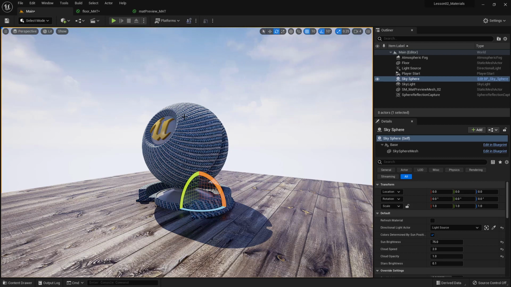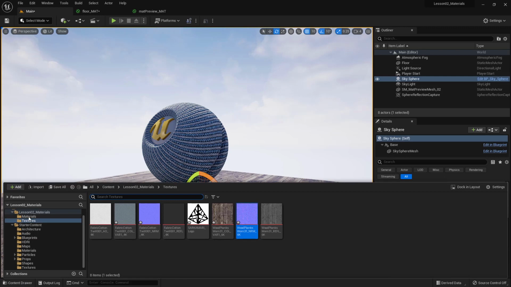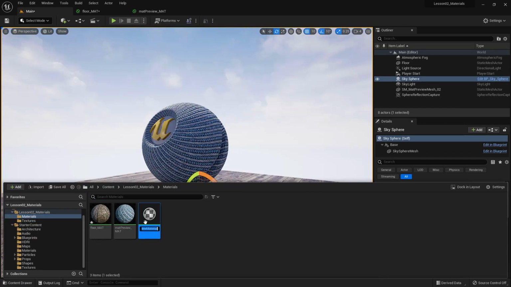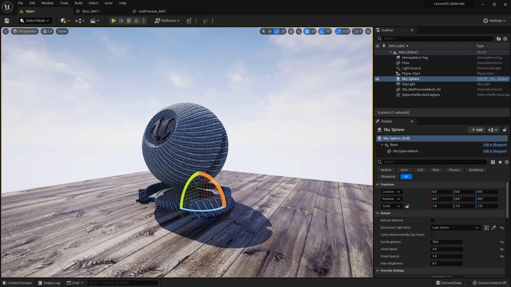So that's basically in a nutshell how you apply materials to your model, how you create them, how you assign textures to them. At any point of time, you can go to your material. Let's say you would like to create a brand new material. You go material, call this emissive, and let's say I'm just going to drag and drop it onto this,